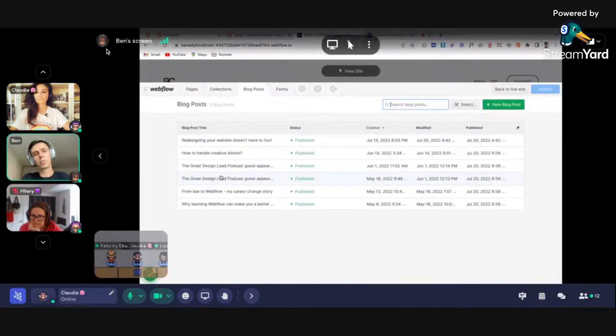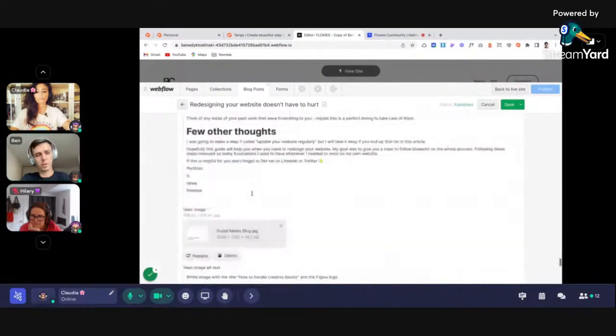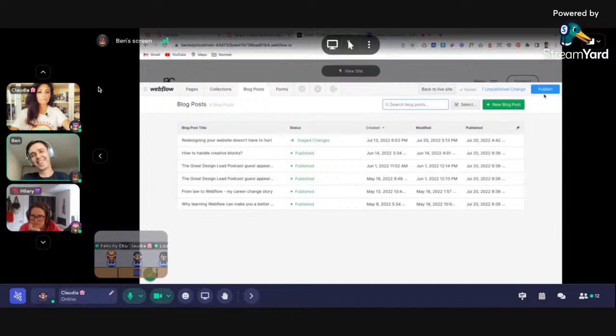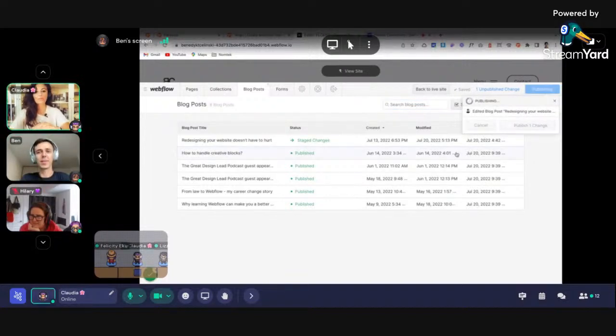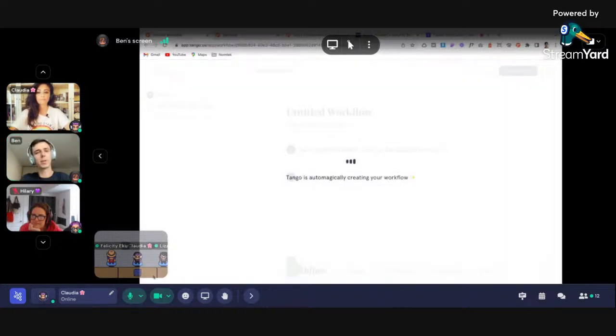you go to your collections, you go to your blog posts, you go to the blog post you want to feature, you find your switch, which is somewhere here, you save, you wait, you publish. Okay. It's not showing the orange highlighted thing. It should. I'm not sure why. Maybe it's the editor on top of it. Okay, it's showing here on the website, but it's not showing here. So something Webflow related probably.